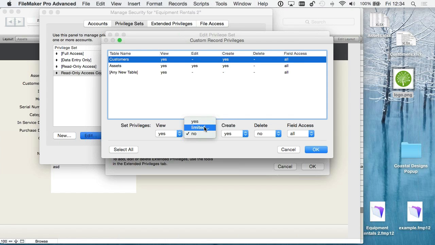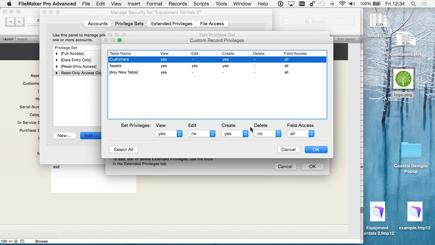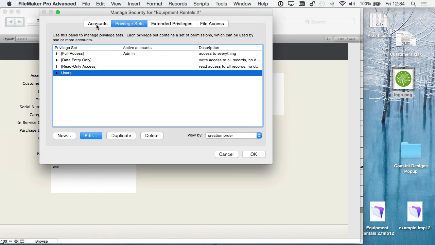You can even go to a limited option. This limited option here opens up the calculation engine, and you can really expand, and it's very flexible about when this is true. They can or cannot edit that record. So that's pretty good. So we've got a nice new account called users, which is fine, and we can then